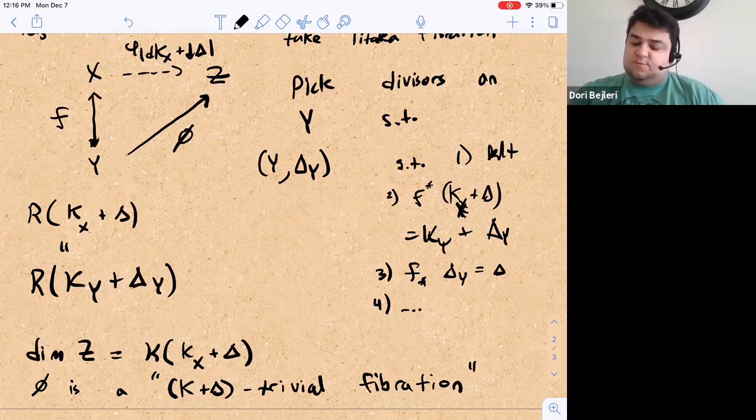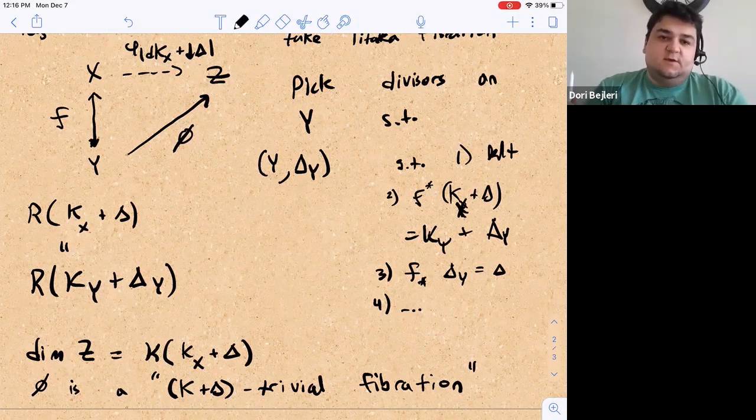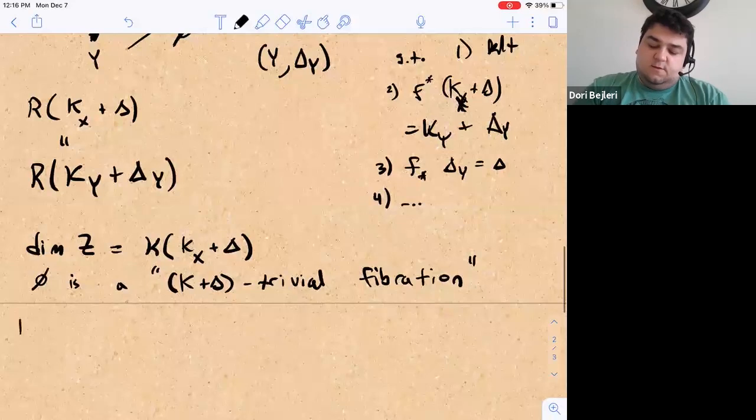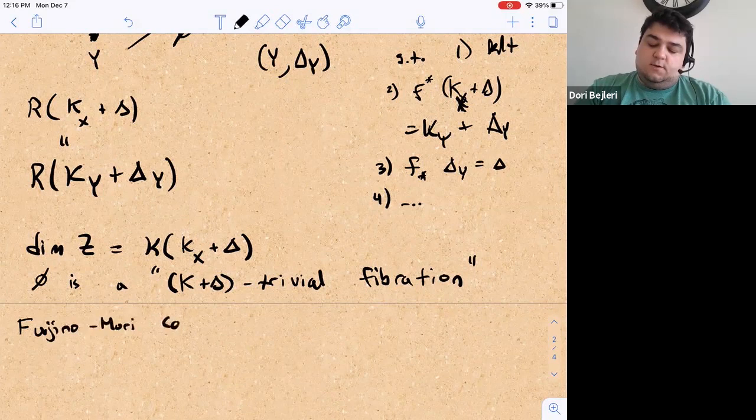And that comes up in the Fujino-Mori paper. But if you remember in the case of surfaces, when we had these k-trivial fibrations, these are the elliptic surfaces. And one of the things that we sketched for elliptic surfaces is that they have a canonical bundle formula. That if you have an elliptic fibration, then you can compute the canonical bundle as a pullback from a specific log canonical divisor on the base curve. And that's what Fujino and Mori prove in general. They prove a canonical bundle formula in higher dimensions